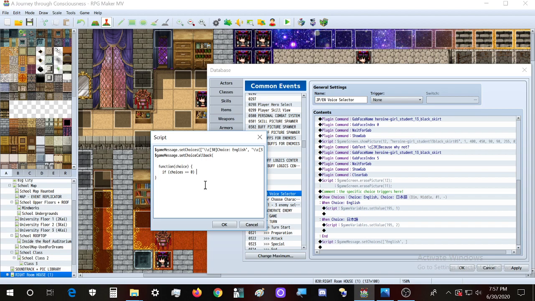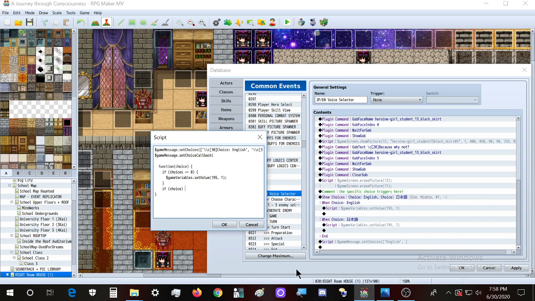Now I might not be the best at giving pieces of advice, especially with programming, where I still have some little misunderstandings, but okay. So in my situation, we're gonna use this script in here. We're gonna use $gameVariables.setValue. We have variable 195 because that's the variable that I chose, and I set its value to 1. And now I'm gonna close this if, and we're gonna open another if